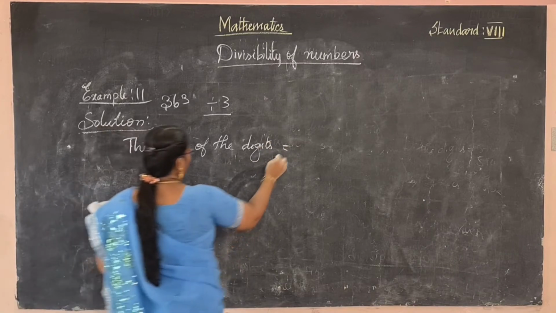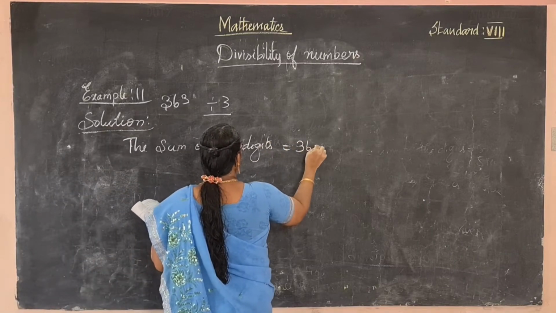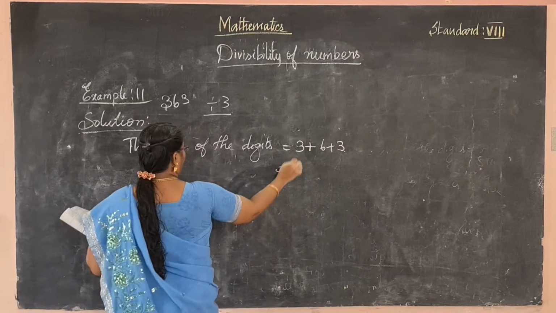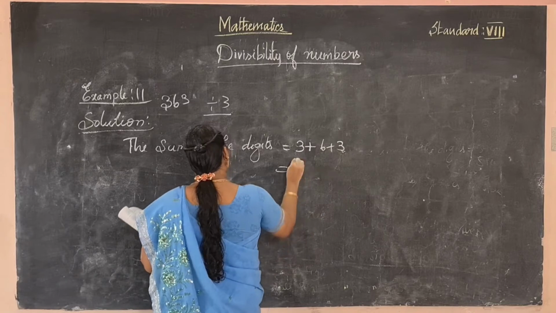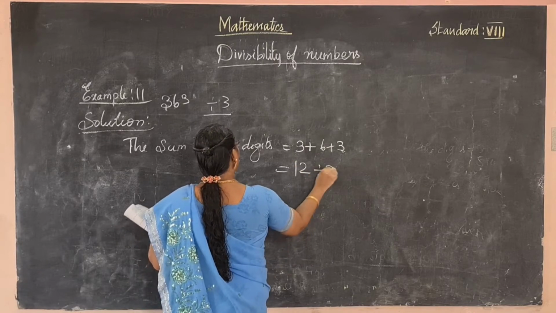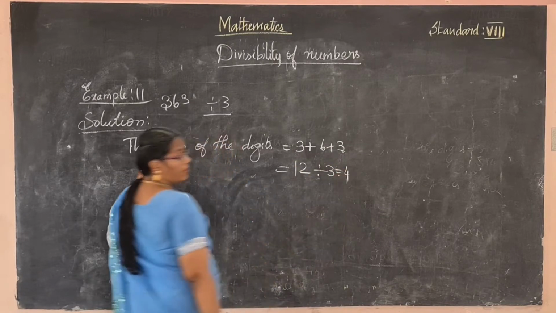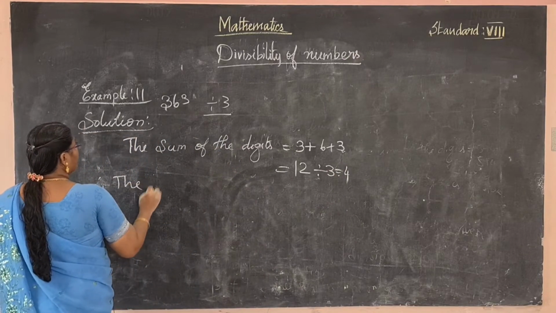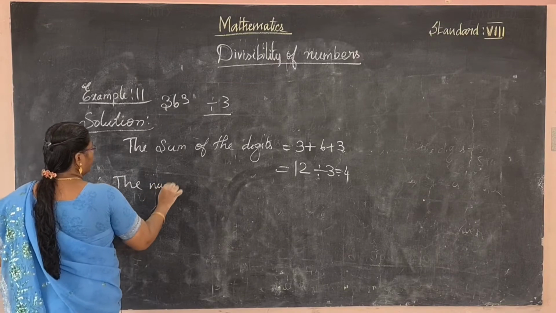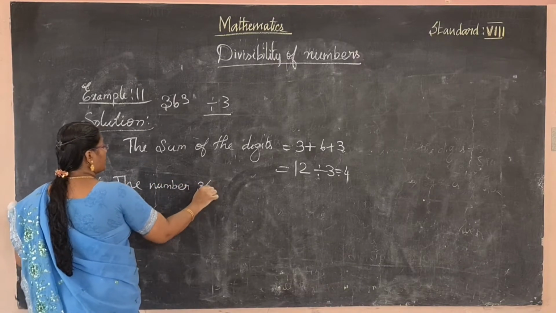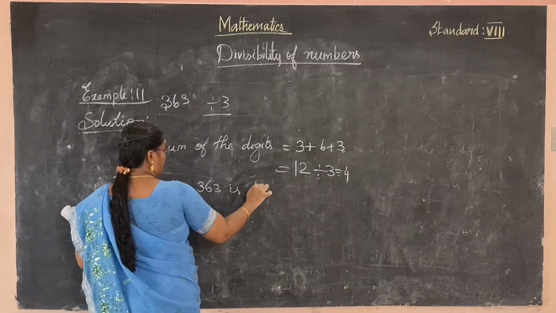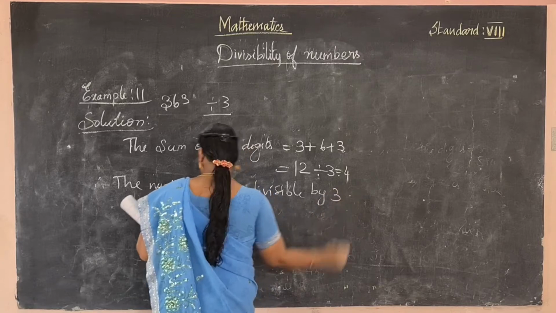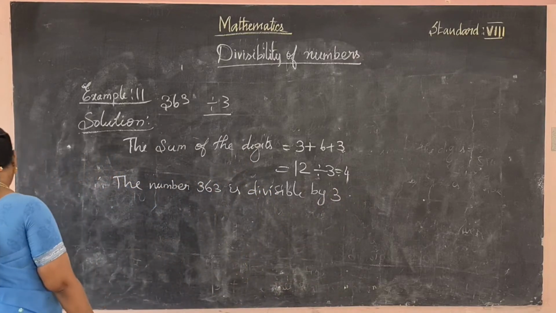digits is equal to 3 plus 6 plus 3. Okay, add these values. 9 plus 3, 12. 12 is divisible by 3. Therefore, the number 363 is divisible by 3. Okay, and next one,